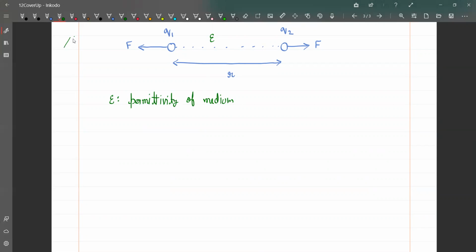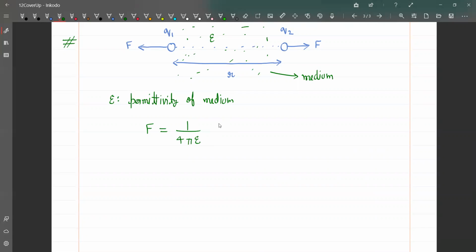So these charges are not now in vacuum, but in a substance, or in a fluid like air, water, or any solid, and this medium has permittivity epsilon. In that case, we modify our Coulomb's law and write it as 1 by 4 pi